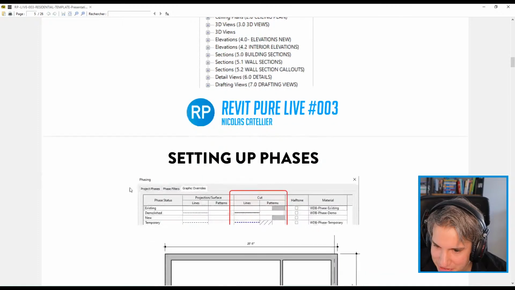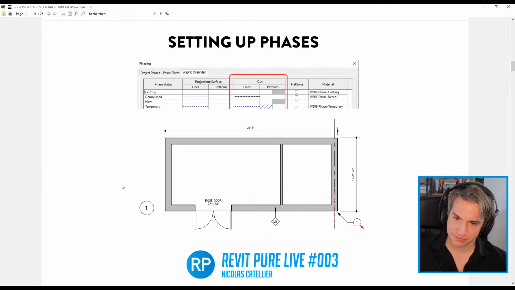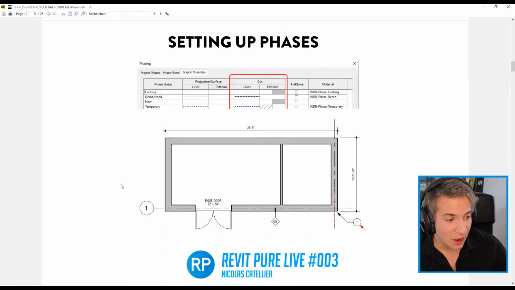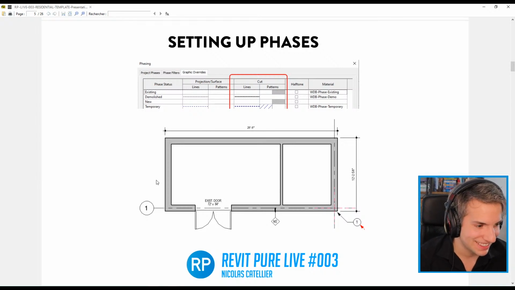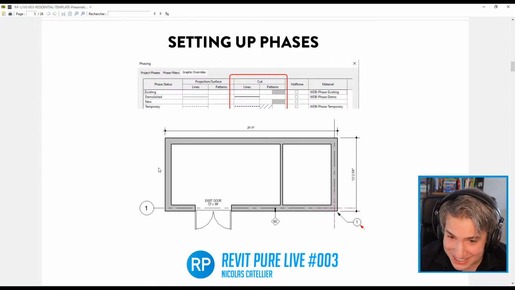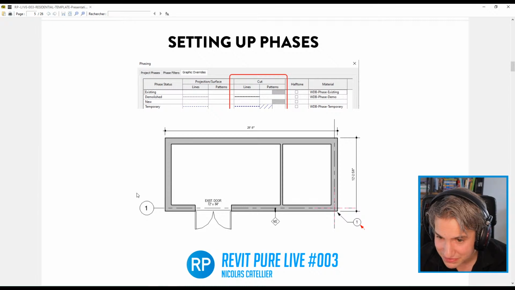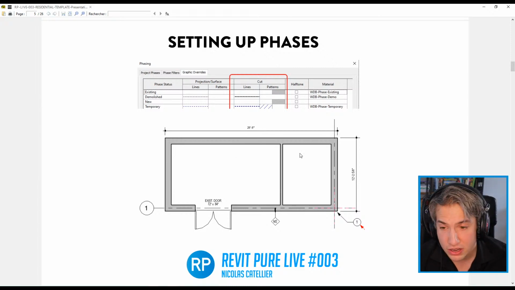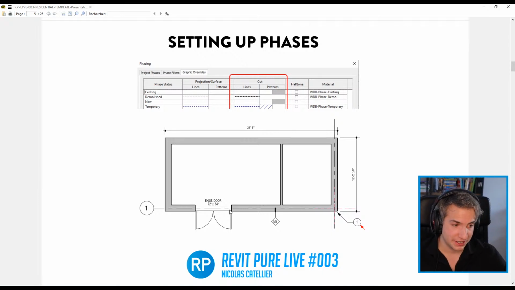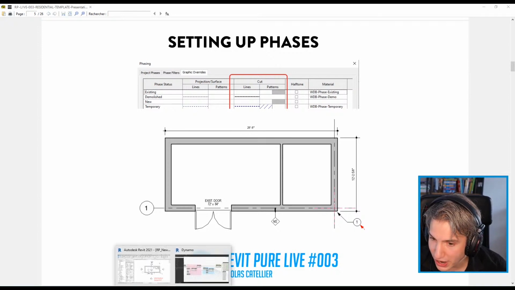Going back to the PDF. So that's about the project browser. Now I'll be talking about setting up phases. So with Arun's template, it wanted to show the existing walls in the new plan using a gray pattern here. So again, like using phases, I could do a whole presentation on that, but I'm going to quickly showcase how